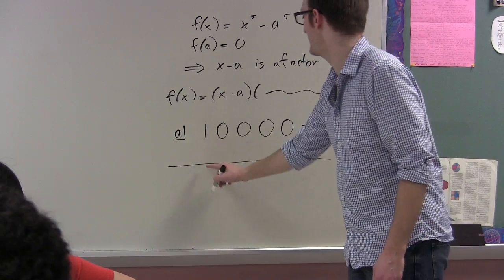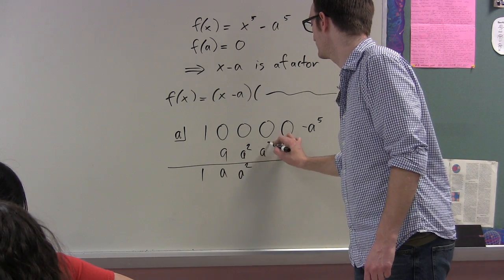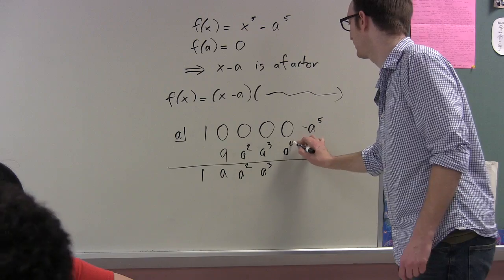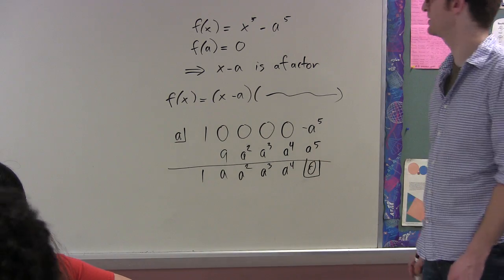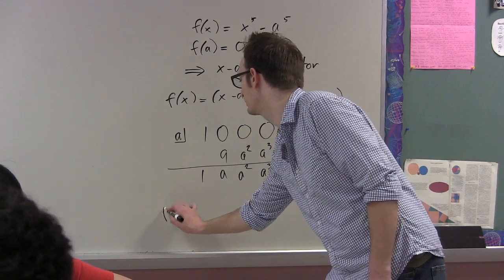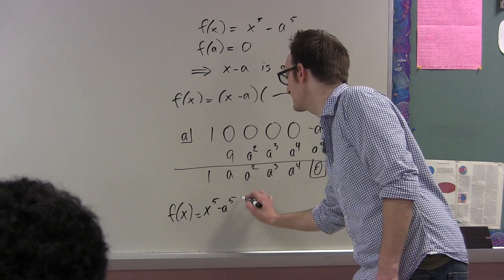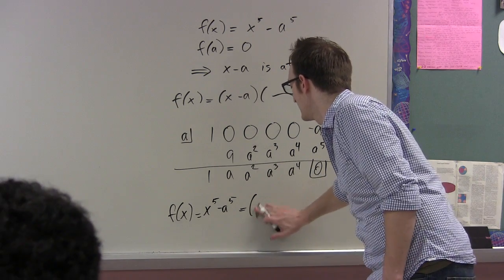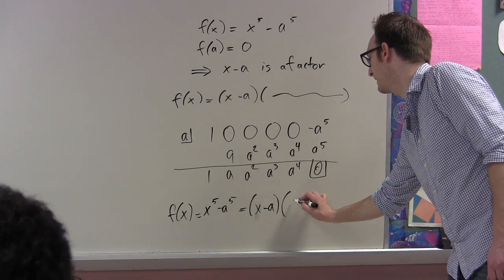And if I do that, I get 1, a, a squared, a cubed, a to the fourth, 0. So indeed it does go in evenly, and what I've just shown is that x to the fifth minus a to the fifth can be written as x minus a times